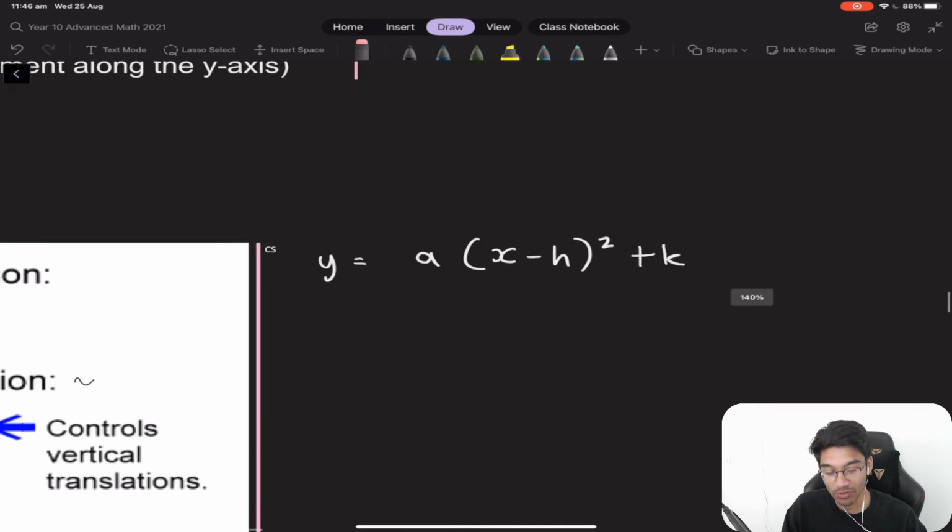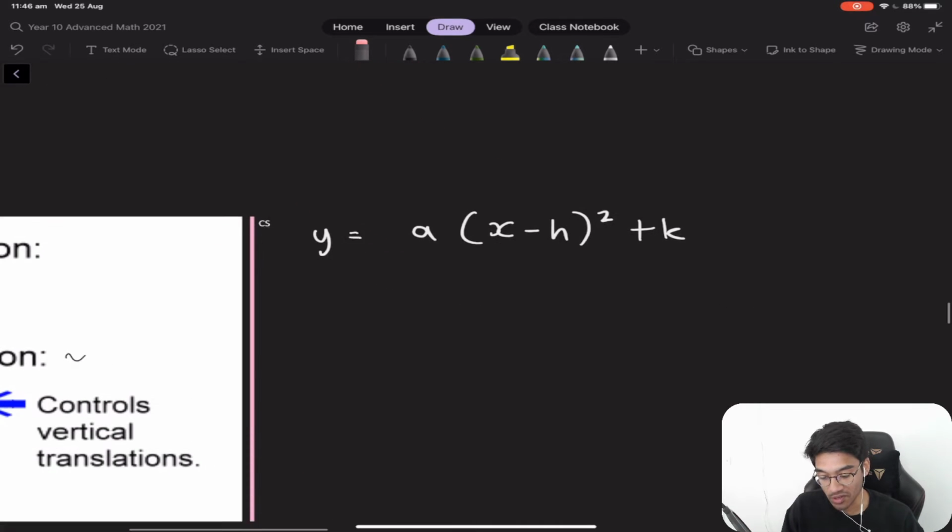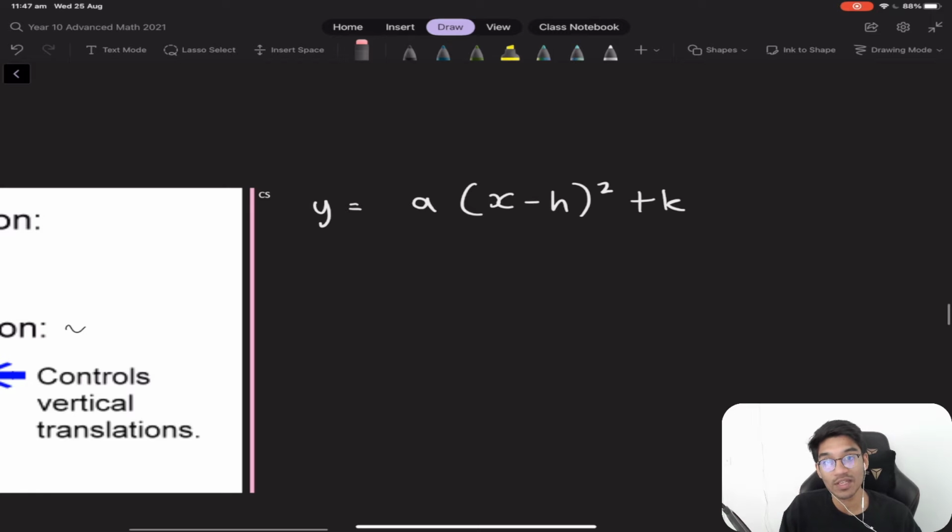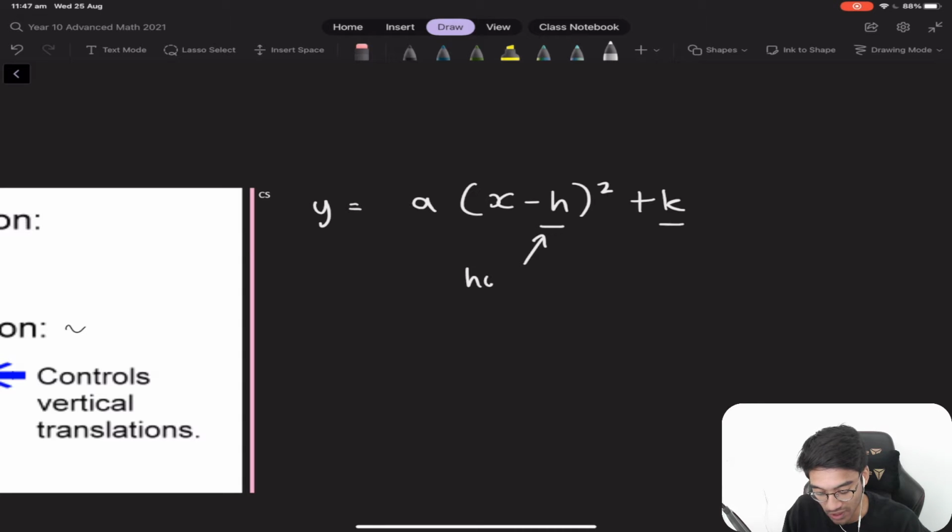If you look at our general formula for a parabola, it's noted here. So we have y equals a(x minus h) squared plus k. We've already talked about a being our dilation, so now we're looking at our h and our k. Our h represents our horizontal translation, which means it moves left and right, and our k represents our vertical translation, which means it moves up and